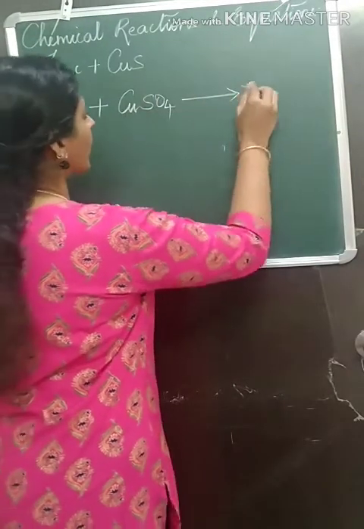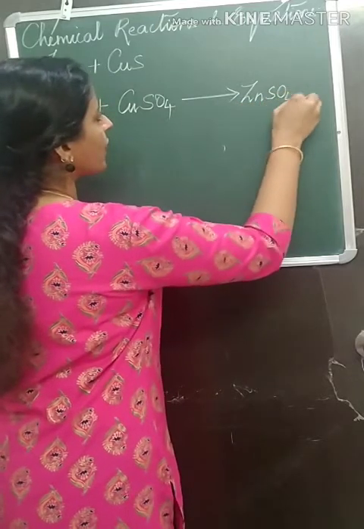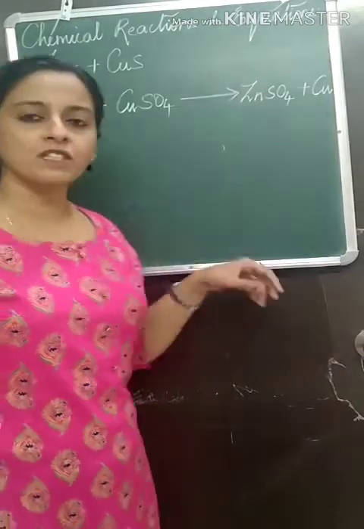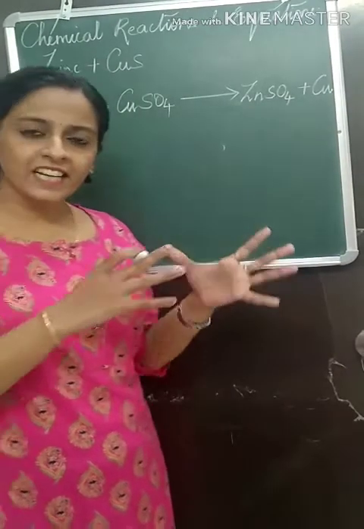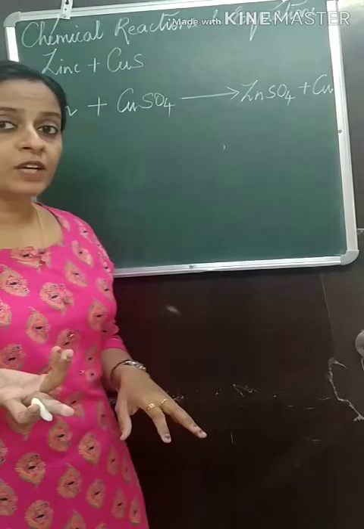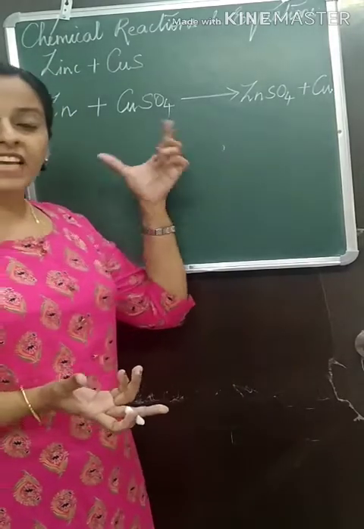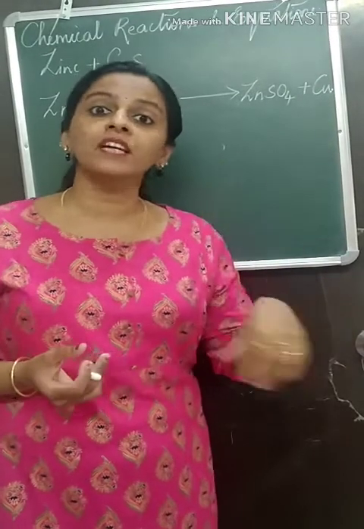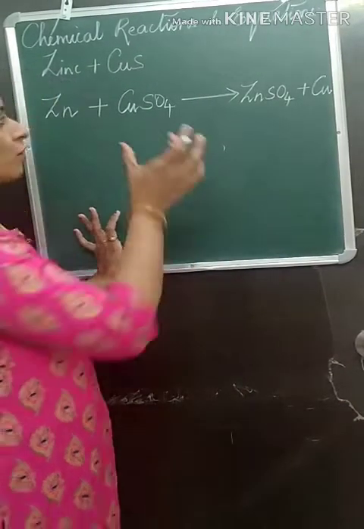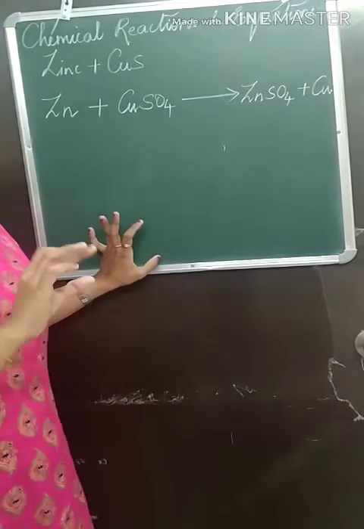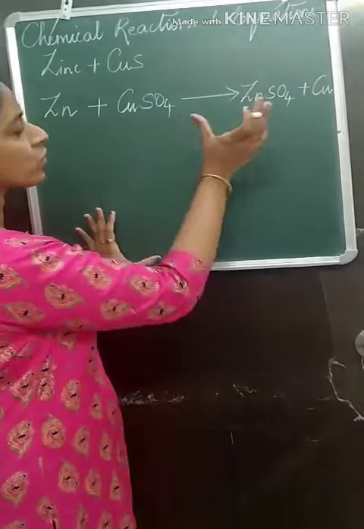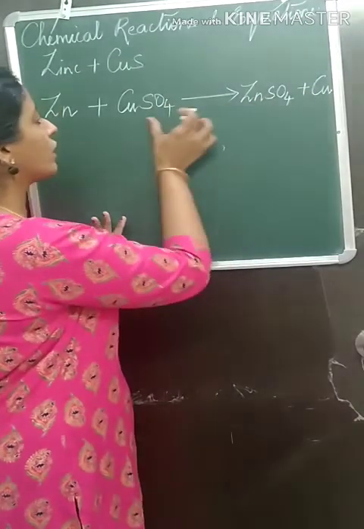What are the products that you get? You will get zinc sulfate and copper particles as products. So while writing a chemical equation, what all things do you have to keep in mind? Before that, what is a chemical equation? A chemical equation is a representation of a chemical reaction. This is a chemical reaction represented in the form of a chemical equation. And what are we doing to that reaction? We have condensed it, minimized it, shortened it by using the molecular formula.